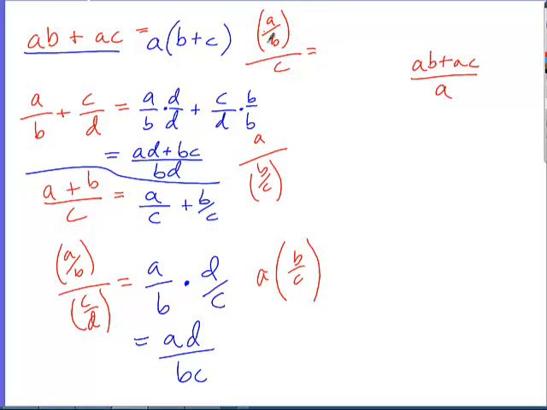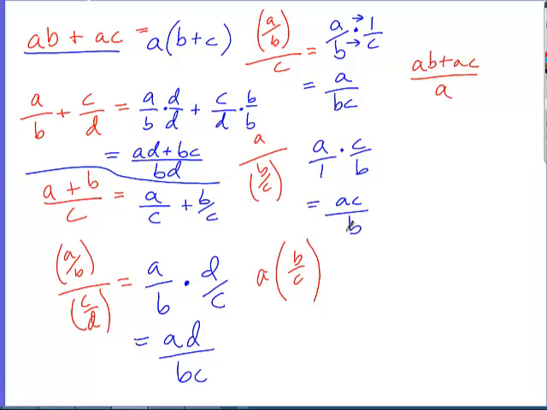Dividing by c, I've got a fraction here, so here's what I'll do. I'll say that's the same as multiplying by the reciprocal of c, and then of course, as usual, top times top, bottom times bottom. So I have a over bc is the other way to write that. Same thing here, times the reciprocal, but this time I can say that's a over 1. Okay? And then here, same thing, a over 1 times that,